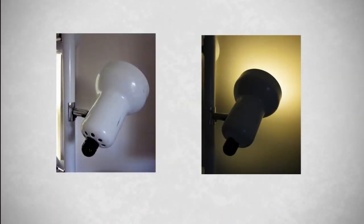In the last two videos, we've talked about shape. I'm going to continue that trend in talking about the shape outside of the shape. So if you look at this lamp on the left, this is in natural daylight lighting. And you can see all the little details on the inside of the form. But then when I turn the lamp on, as you can see on the right, you get a different image